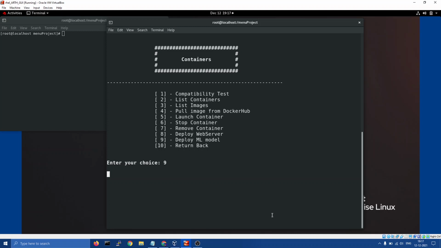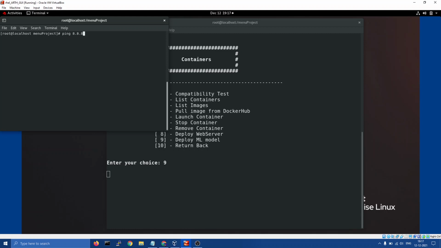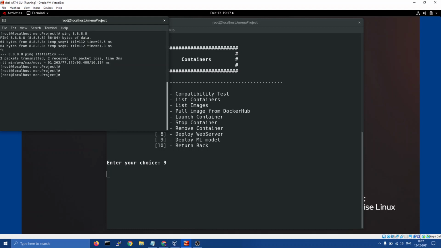Actually my internet speed is a little bit slow, so that's why it is taking some time. Let me check if I am able to ping or not. Yes, internet connectivity is there, but I believe the speed is a little bit low.